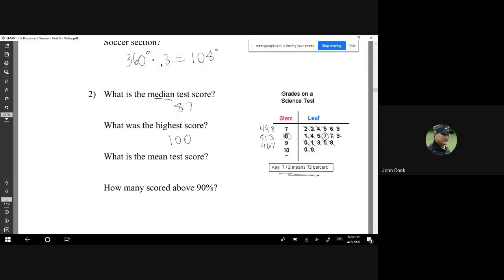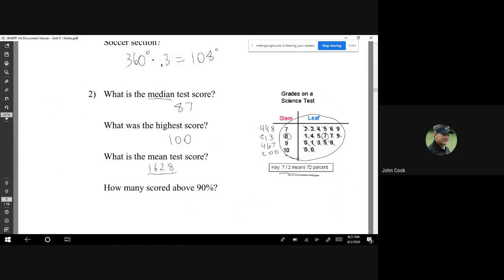And then we go into the hundreds, and we just have 100 plus 100, so that's 200. So we add all those values together, 448 plus 513 plus 467 plus 200. So what I've just done is add together all of the numbers that are in this data set right over here, because that's how we find the mean or the average. We add up all those numbers, and when we did, we got 1628, and then we divide that by the